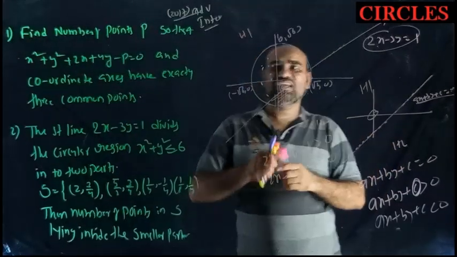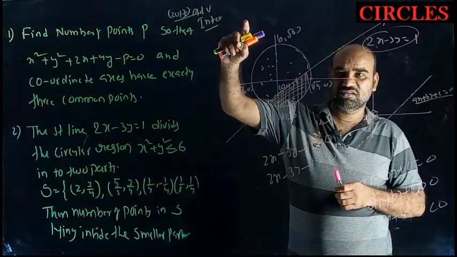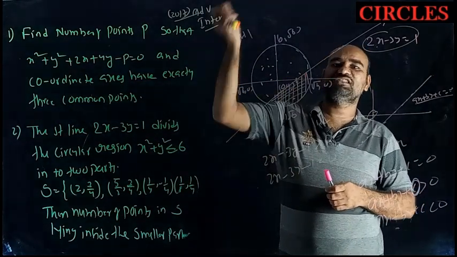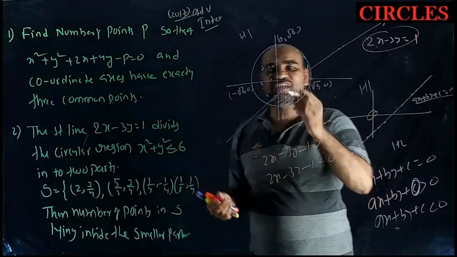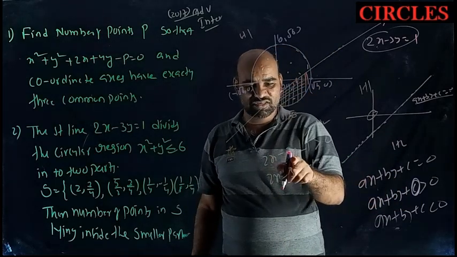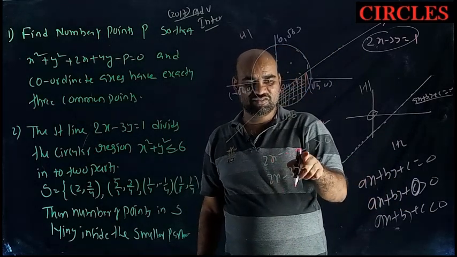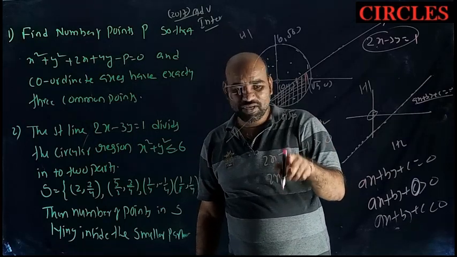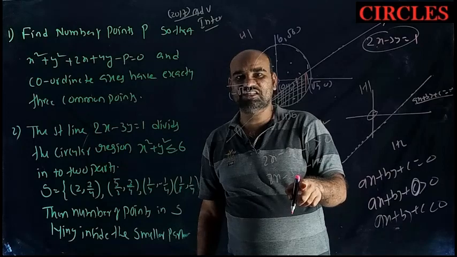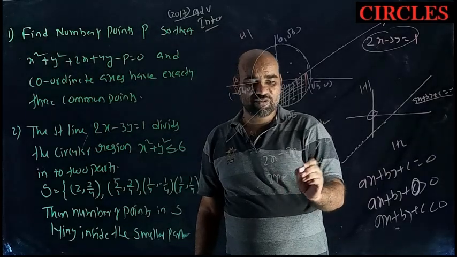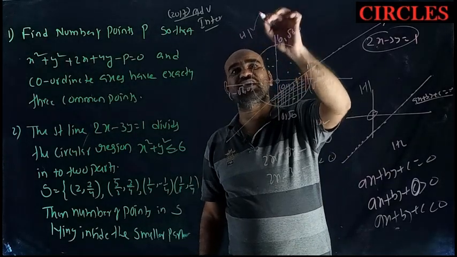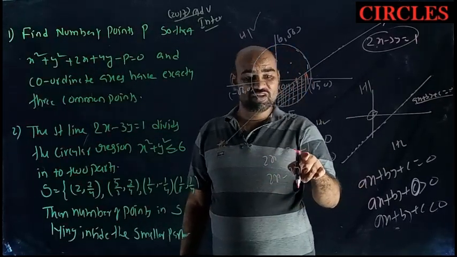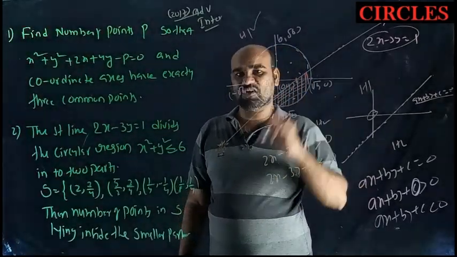Now, how to identify whether this is for H1 or H2? Take any point in H1, an ordered pair, and substitute it; the rule it satisfies represents the region H1. A convenient point is 0 comma 0. Put 0 comma 0 here: 0 minus 1, so minus 1 greater than 0 is a wrong statement. This means 0 comma 0 does not satisfy this rule, so automatically the other rule will satisfy. Therefore, 2x minus 3y minus 1 less than 0 is represented by the H1 half plane, and automatically 2x minus 3y minus 1 greater than 0 is represented by the H2 half plane.